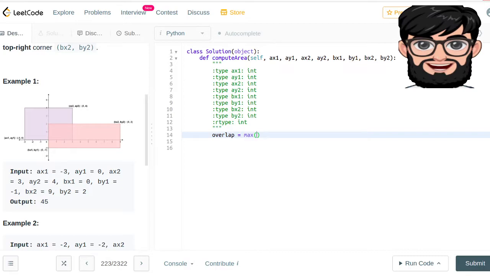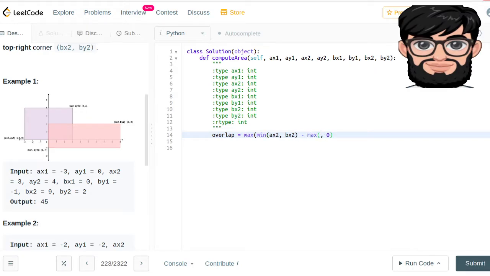So we're gonna say something and then 0, and the something is gonna be, basically we're gonna say that if you look at the x coordinate, we're gonna first compare the minimum of ax2, which is the farthest point where the first rectangle goes, and the bx2, the farthest point where the second goes. So we're gonna take the minimum of that, ax2 and bx2,